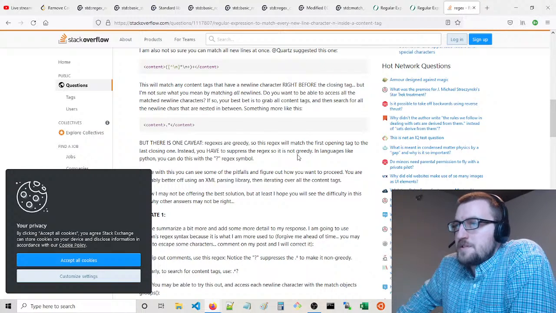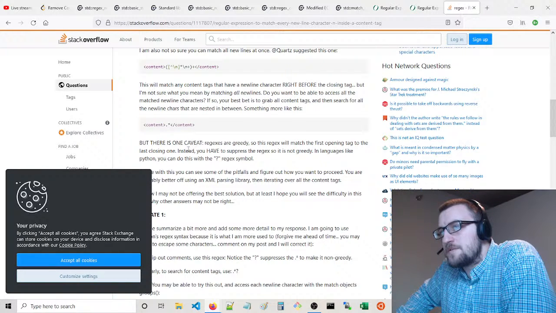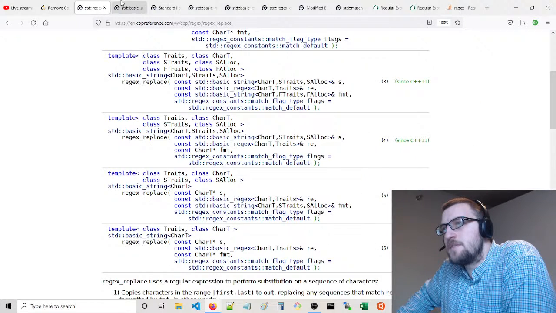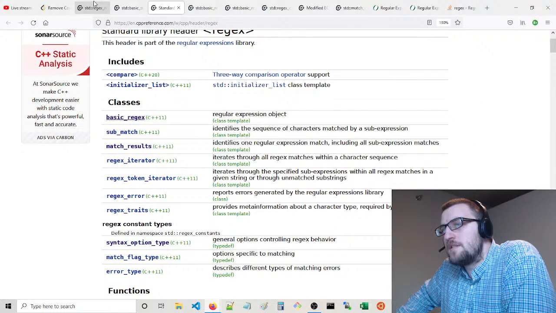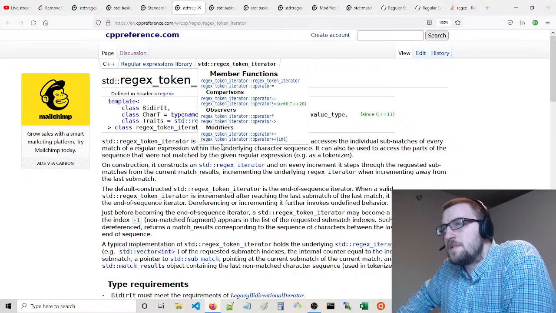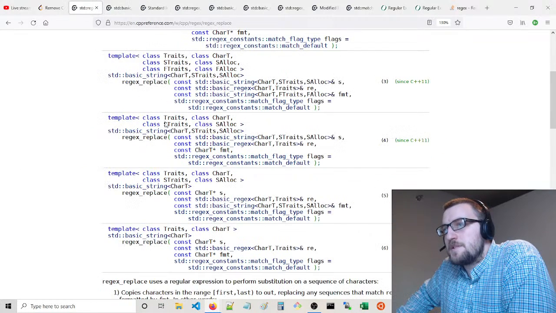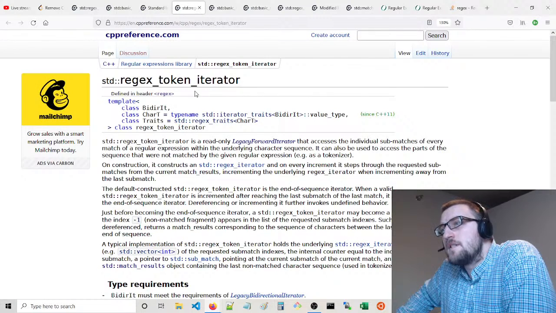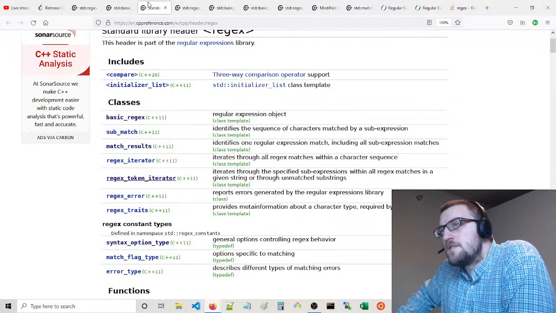And this will match the first opening tag to the closing one. Oh, I see. We can use a token iterator. That's kind of what we want. But what does this regex replace do? We want to replace all, not just replace.